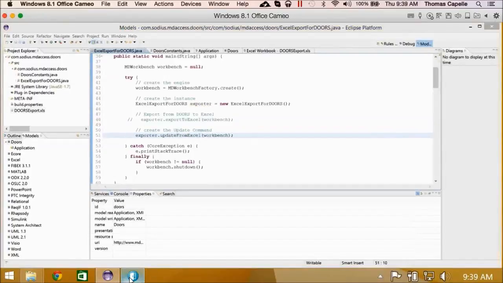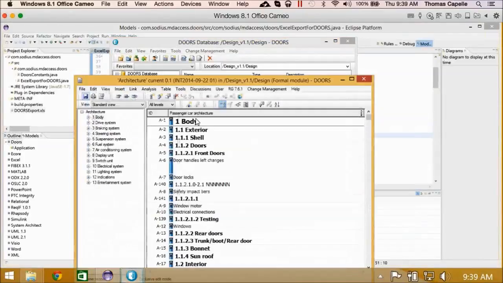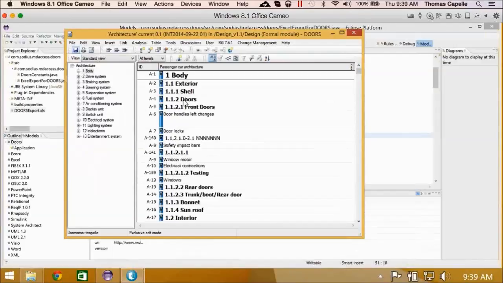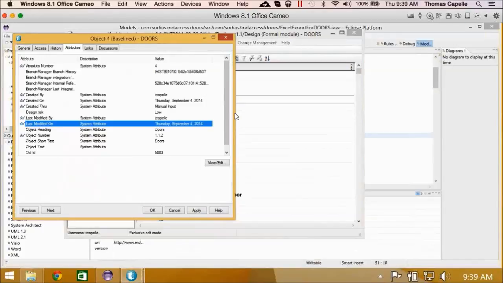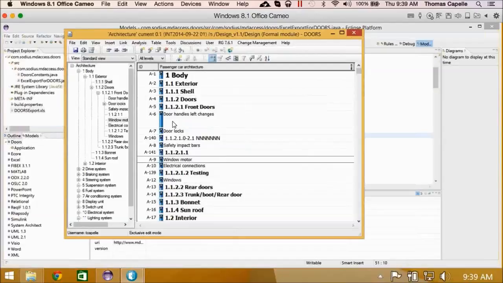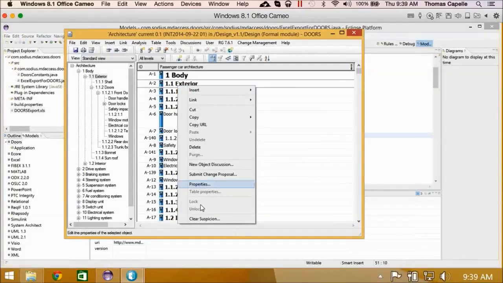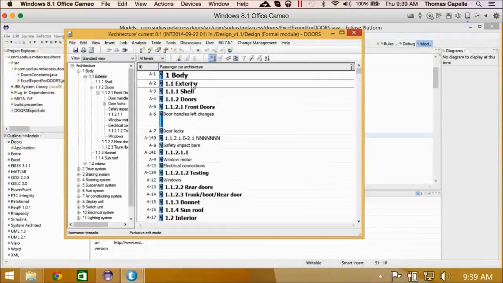What do I have open here? So we're going to go into this, and for example, if we looked at DOORS, no pun intended, into properties, attributes, we can see design risk on door is low. Do we have one that's different? Properties, I'm just trying to find some that's different. Here's a medium. So we have a low, we have a medium. This one, exterior, is medium. So I just want to have something that we can check, make sure that we're doing the update we think